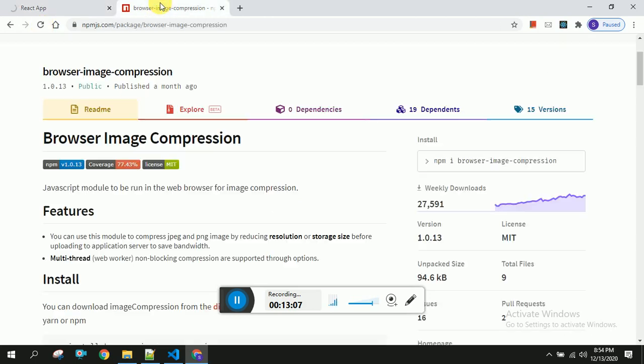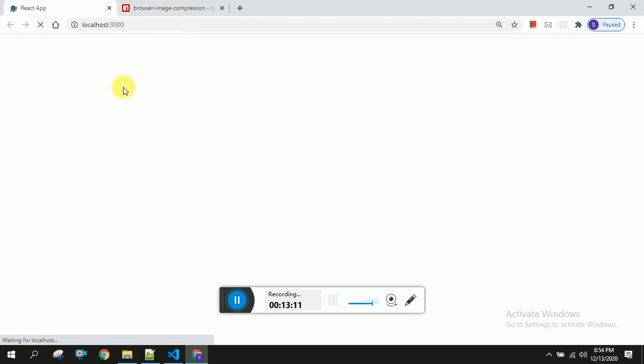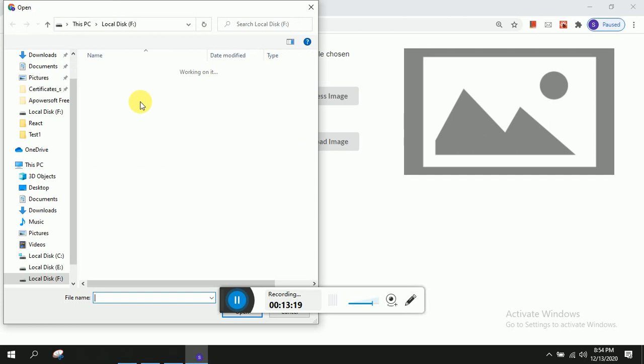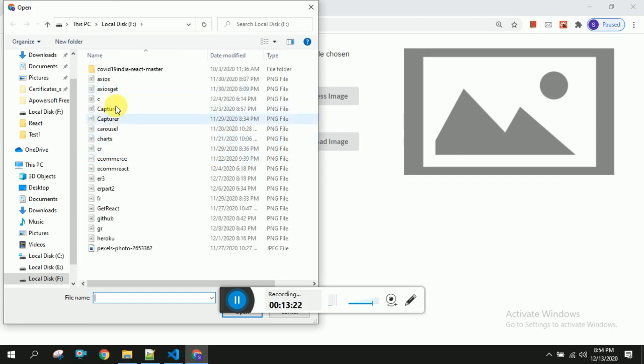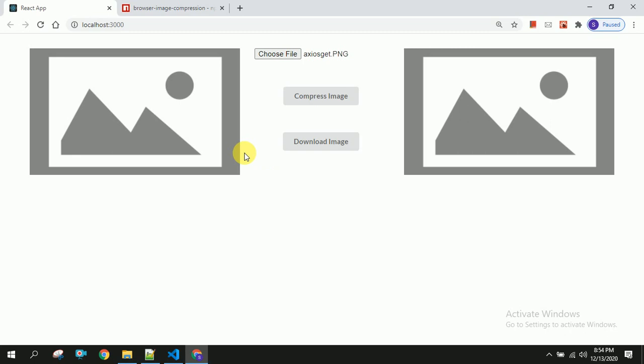We have already installed this, so in the meanwhile you can install this. Yeah, once I click on choose file, you should be able to see this. So you should be able to open this. Yeah, we have seen this Axios get.png got selected.